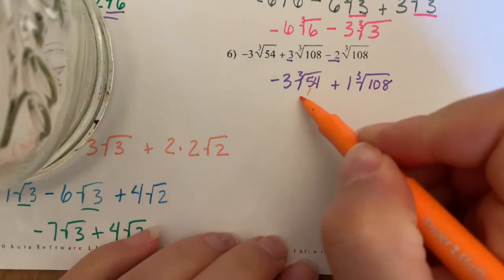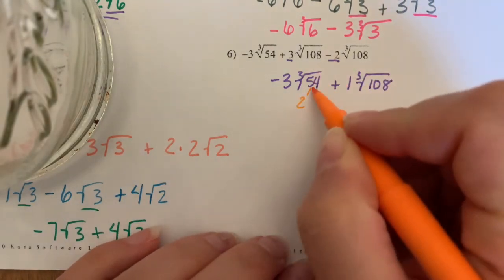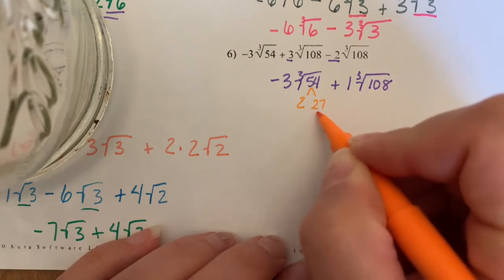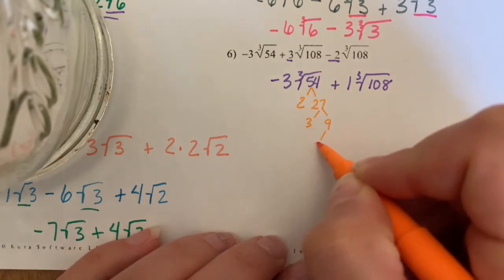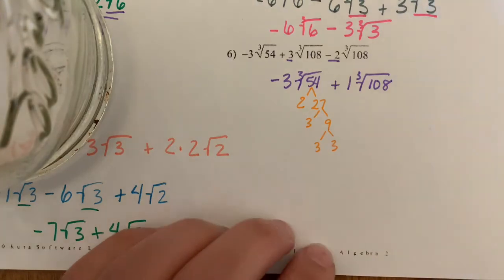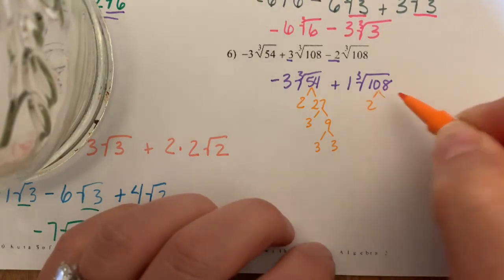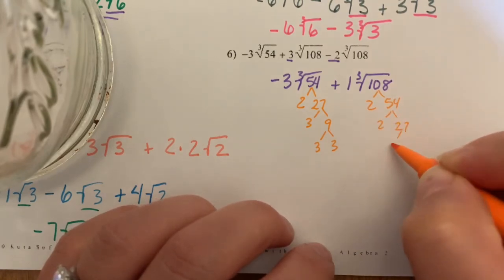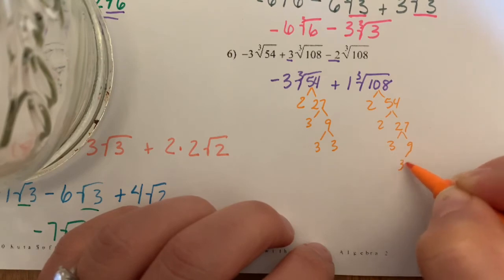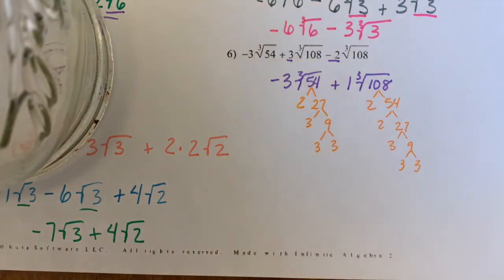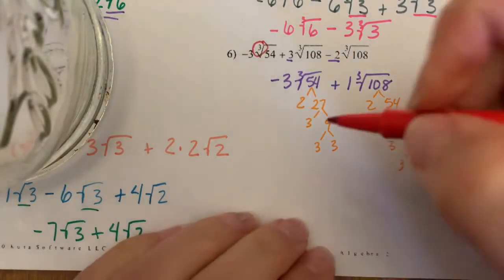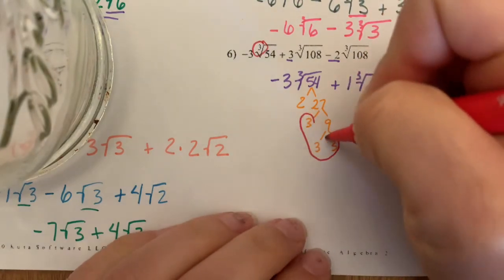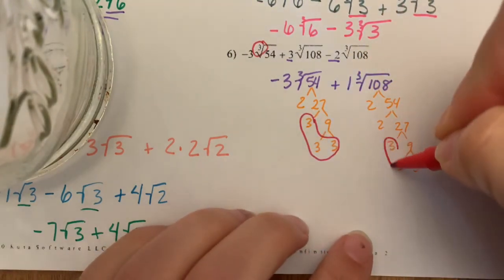So 54 can be broken down into 2 and 27, 3 and 9, 3 and 3. And 108 can be broken down into 2 and 54, 2 and 27, 3 and 9, 3 and 3. Remember that this is the cube root, so that means that we're going to take groups of 3 out. So I'm going to circle my groups of 3 to make it easier for me to see what I have